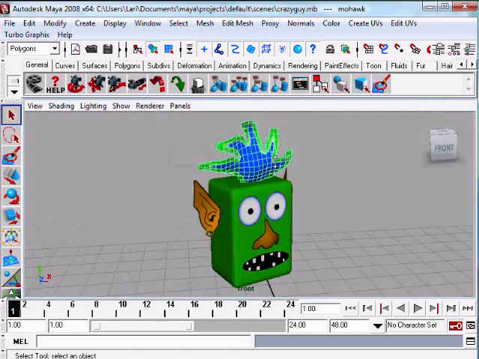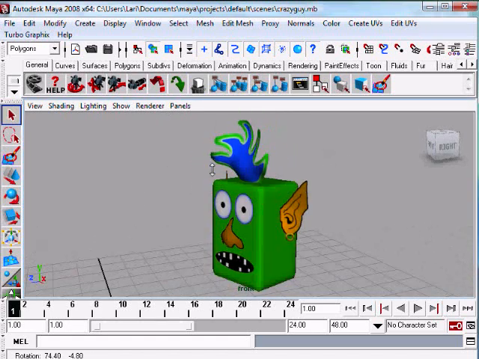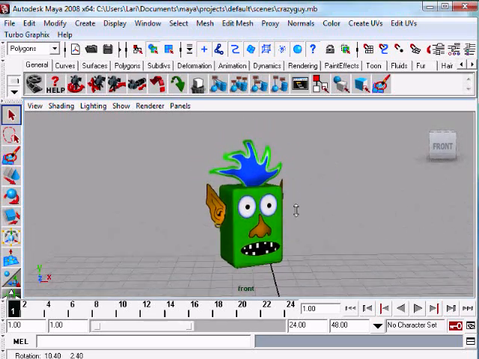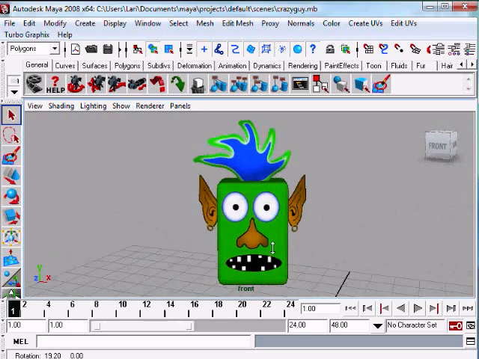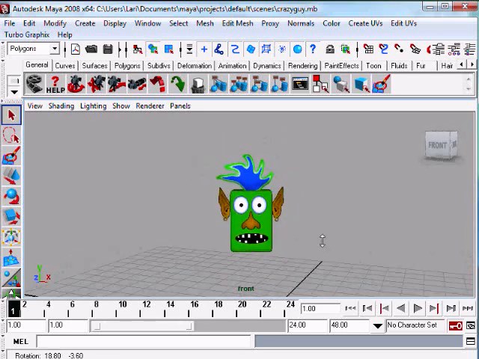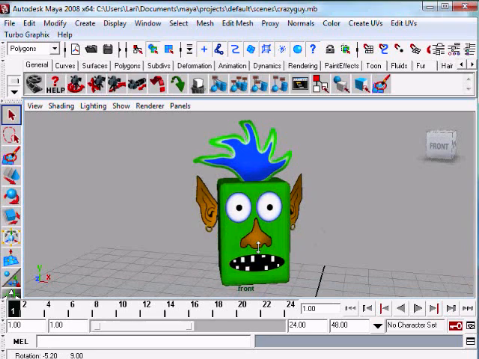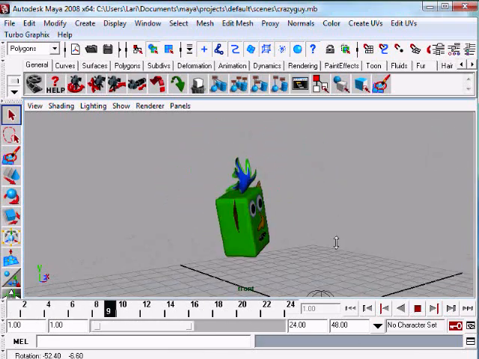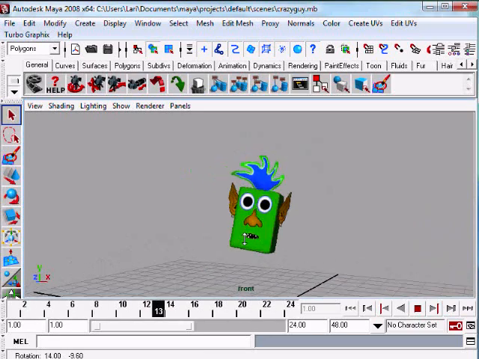Now it's important that this flag is disabled, because if this flag was enabled and I updated my object, the Mohawk would get replaced by a brand new mesh based on the source data. And we don't want that to happen because we took some time to tweak that Mohawk out and make it neat. Okay, now if we animate the guy, we have a pre-existing animation here, and he just kind of jumps